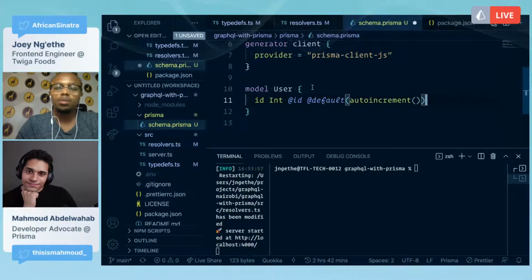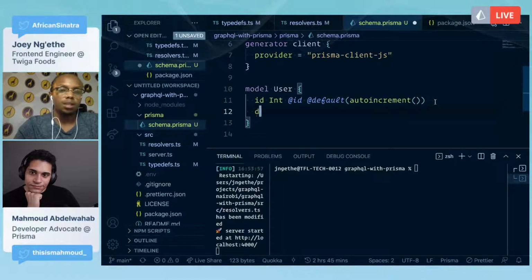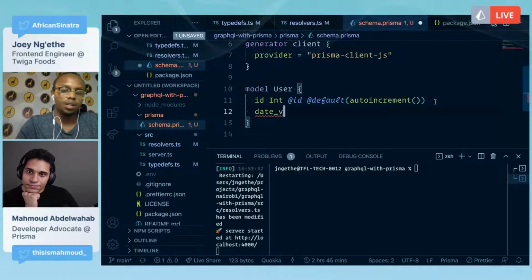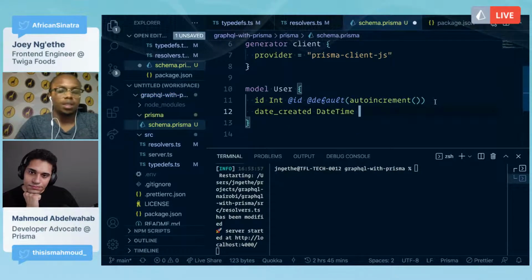You can use something else, maybe a collision-resistant unique ID or UUID, depending on the provider that you're using. But we can use an integer for now. Then we can say date created, which is DateTime, and then we can default to now.